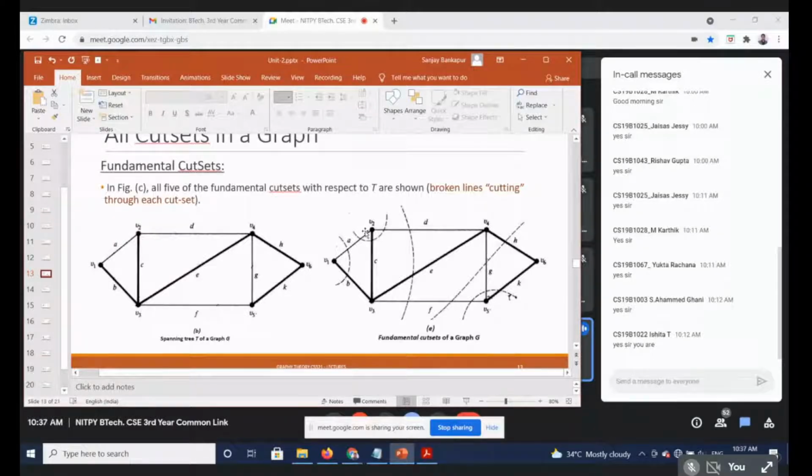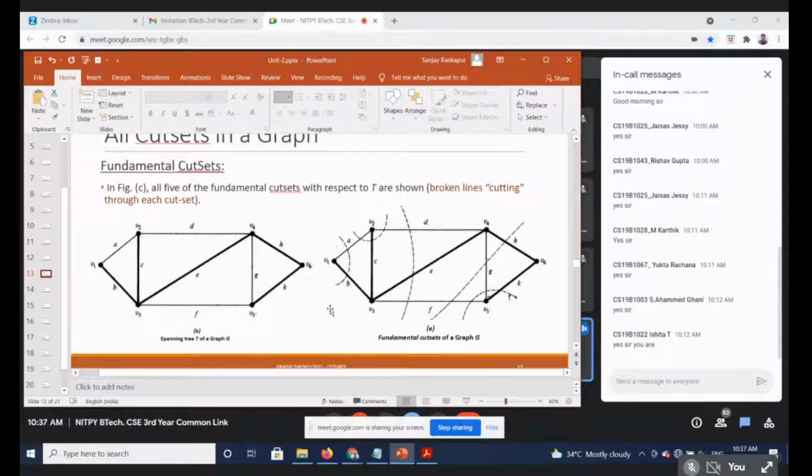So this is the spanning tree. These are the cut sets. One cut set has the edges D, C, and A. In this, we can see that 3 edges are there. It's a set, and removing these 3 edges disconnects the given graph into two components. However, in that edge set, there is only one branch. That is why it is a fundamental cut set. However, B, C, E, and F, these 4 edges, if I do a cut, definitely it will become a cut set, but it won't become a fundamental cut set.